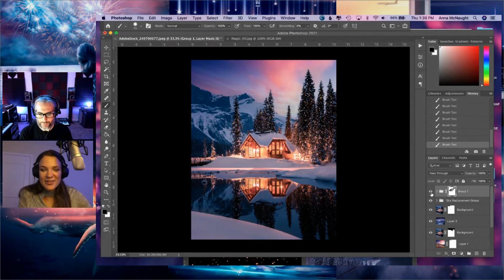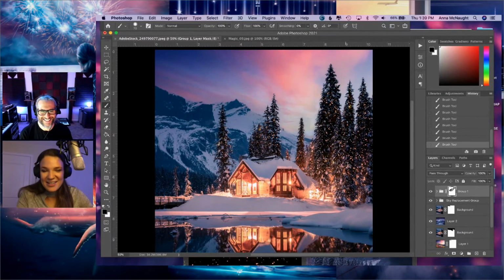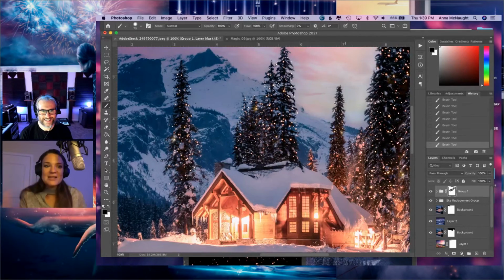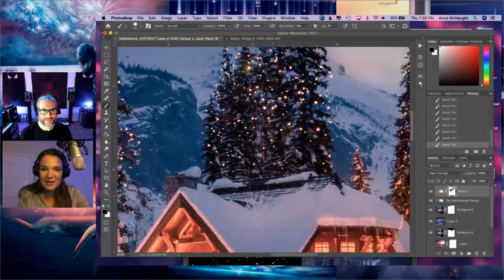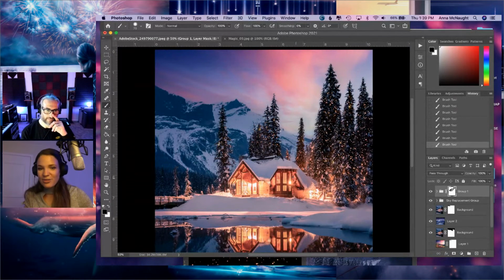It really makes it feel like this magical cabin that you want to go to. And if these were really Christmas lights and you wanted to get technical with it, you could get in here and push them into the tree and make them reflect on the snow and everything. But it's more for the element of it, to have this magical Christmas feel. I've actually seen this really cool thing that some companies are doing, where if you put this kind of stuff into your work, or even stars in the sky, they will add a diamond dust luster just to those areas, or even little rhinestones if you wanted to get really blingy and New Jersey about it.